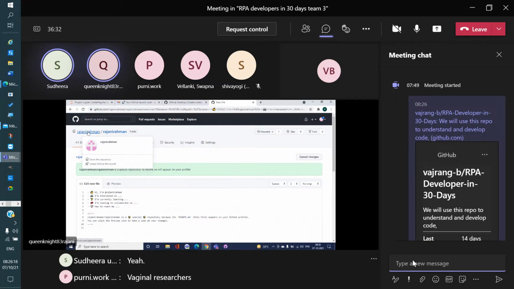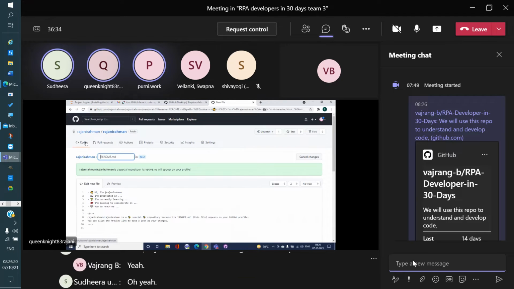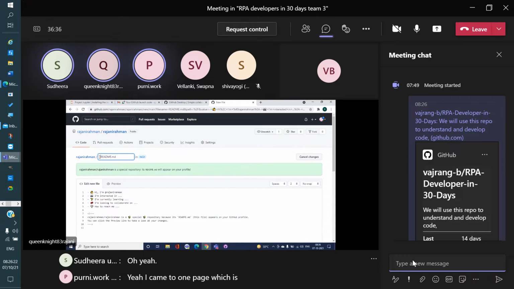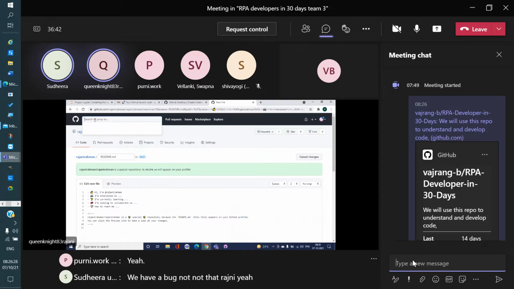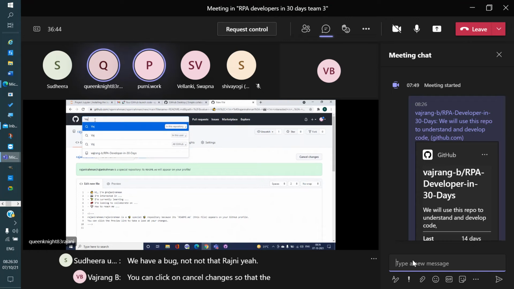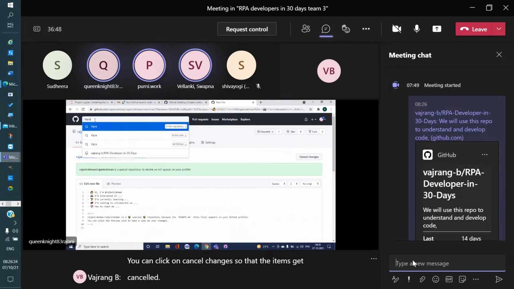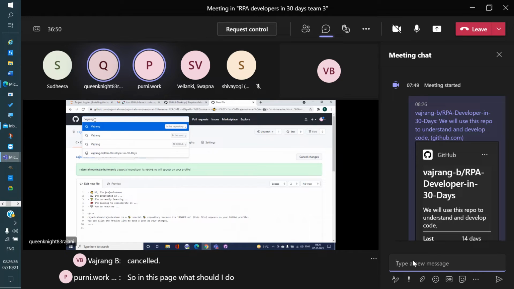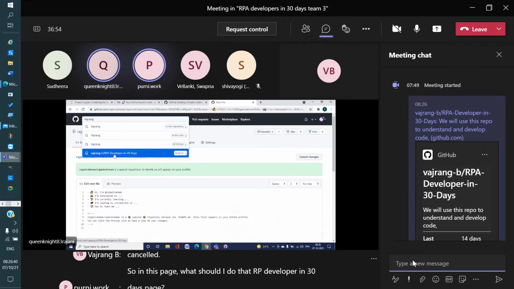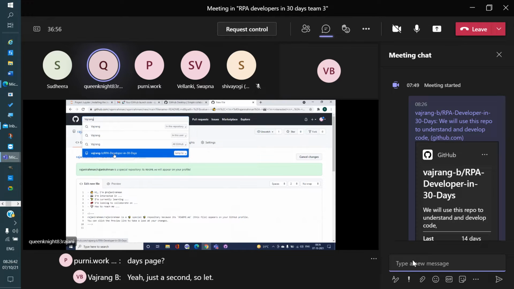I came to one page which says search or jump to. Not that. You can click on cancel changes so that the items get cancelled. Now in this page, what should I do? That RPA developer in 30 days page. Just a second. Is this Sudhira? Yeah, that's correct.